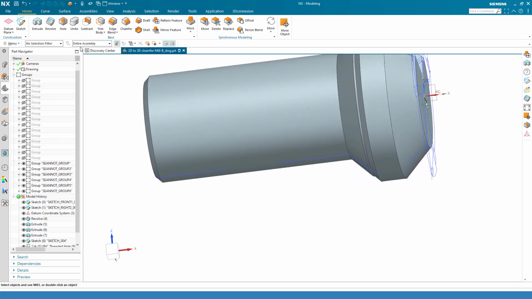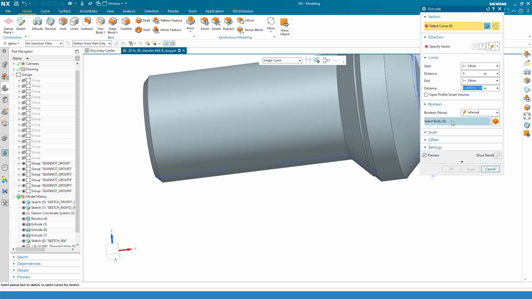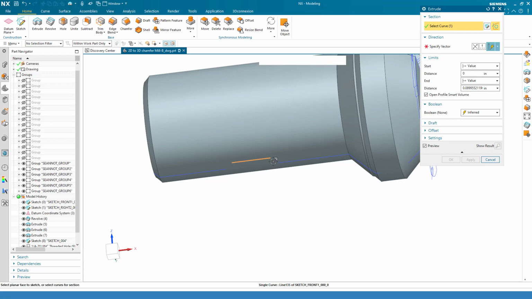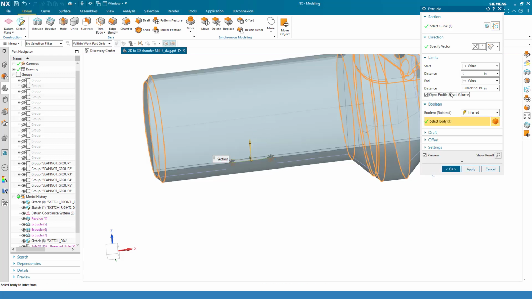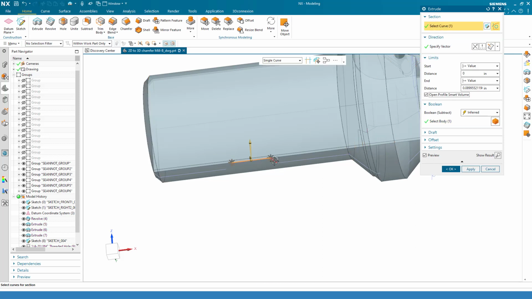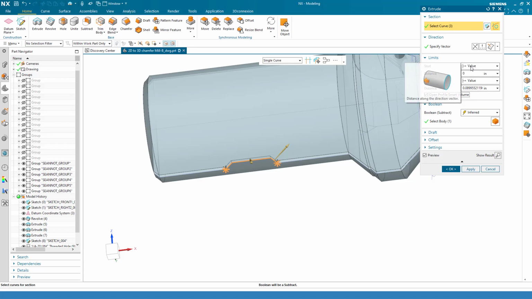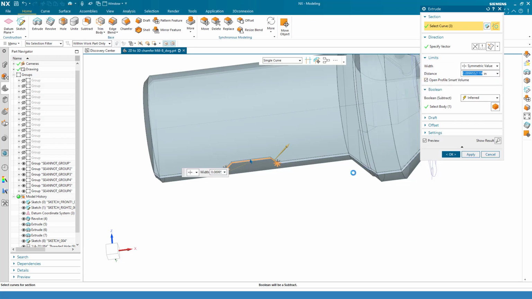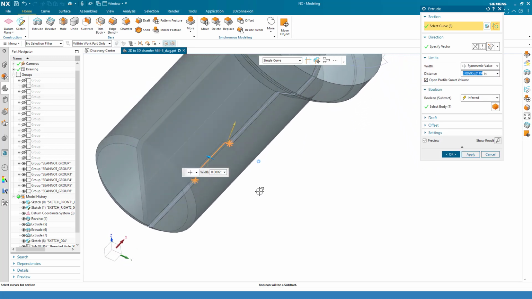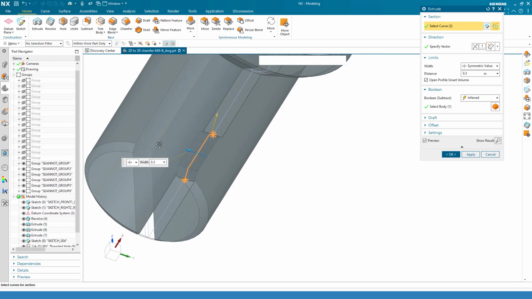For that one, I'm going to go ahead and use the extrude, but this time I'm going to select open profile, and simply it's going in here and selecting the curves there. You can see them right there. Go ahead and select the other one right there, and then I'm going to select symmetric, and it's just a matter of dragging it out,